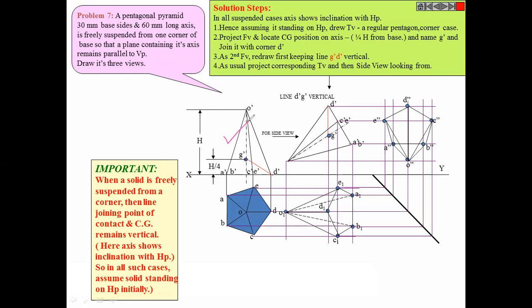In this position, then it just got tilted. So the axis is now at some angle with HP, but it is still parallel to VP. Understood? So this is the final answer actually, the front view and top view. So it is told to draw its three views. So now we are drawing similar to orthographic. We draw one line at 45 degrees and we mark this projection. So this is the side view actually. Understood?